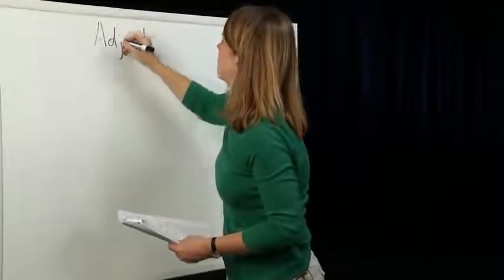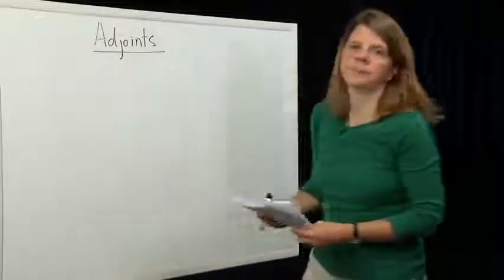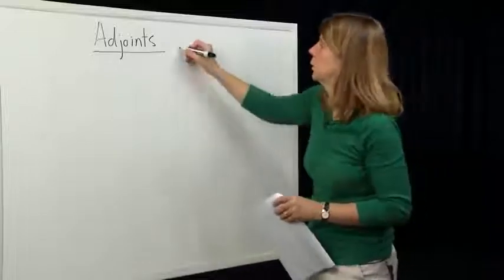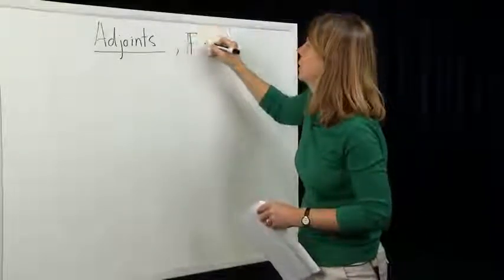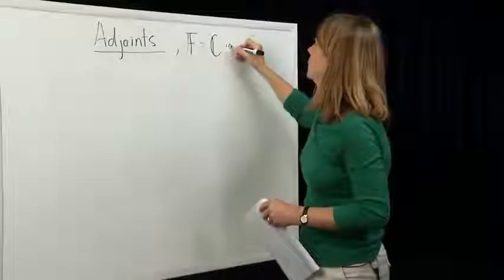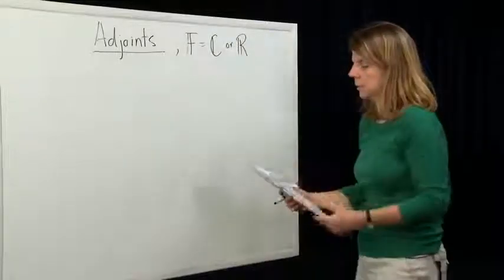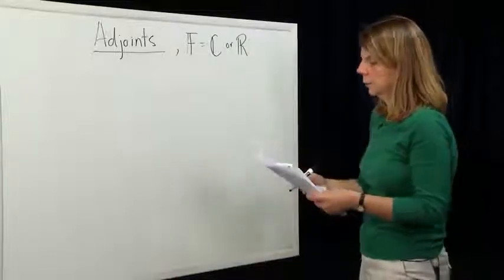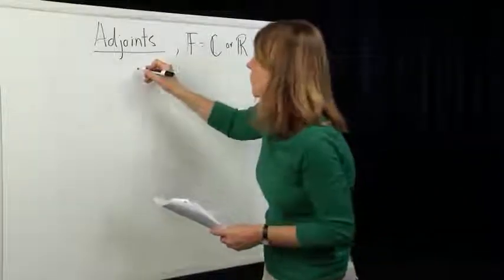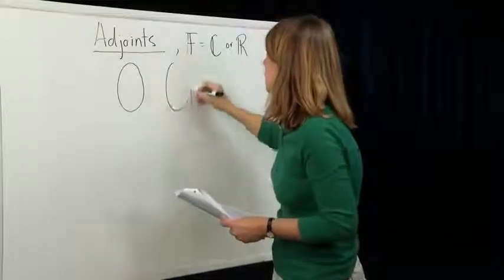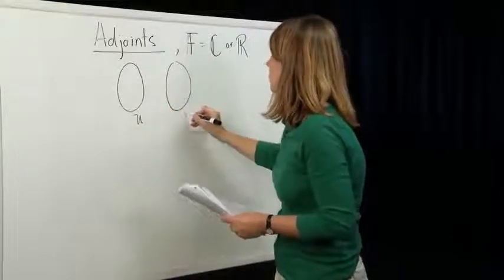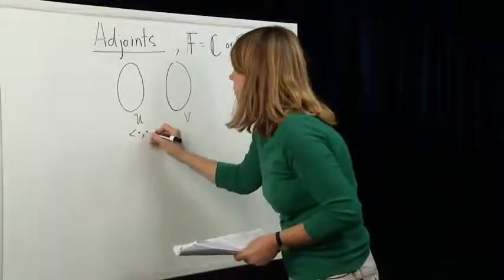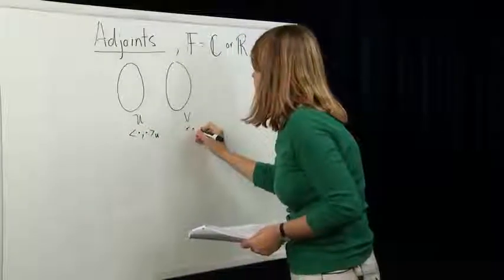Adjoints. Okay, an adjoint is defined in terms of an inner product. We're going to think about spaces, again, where our field is either the reals or the complex numbers. We'll endow the space with an inner product, so we can think about a Hilbert space. So again, let's go back to our map notation. Let's consider a space U and a space V. These are both inner product spaces, so we have an inner product on U, and we have an inner product